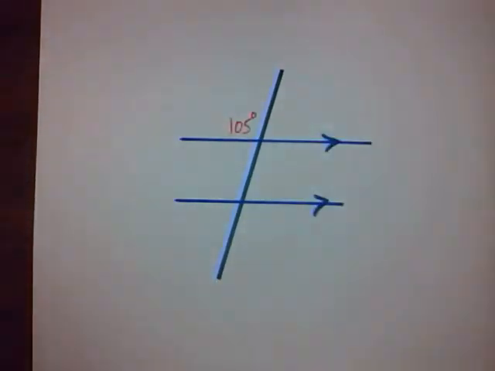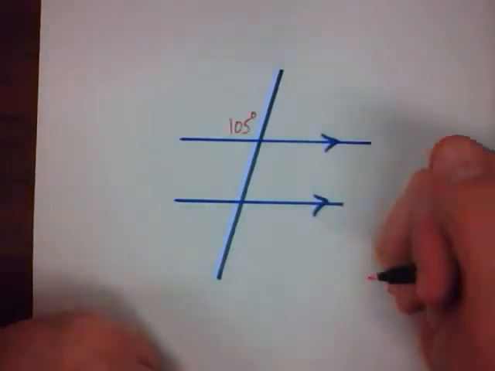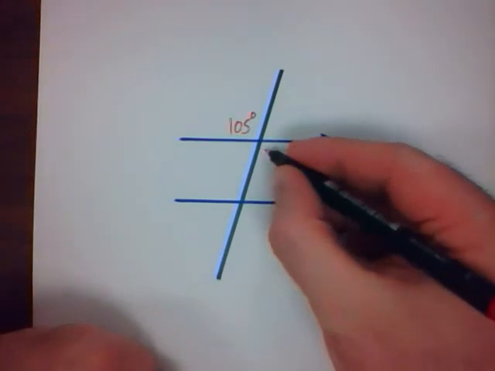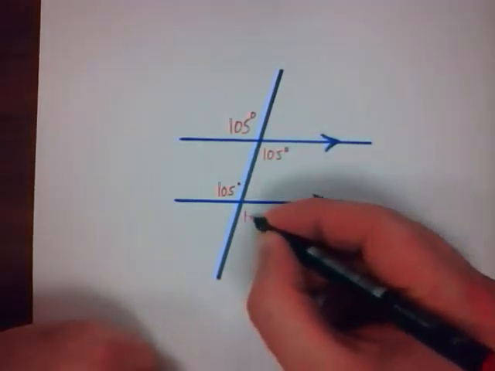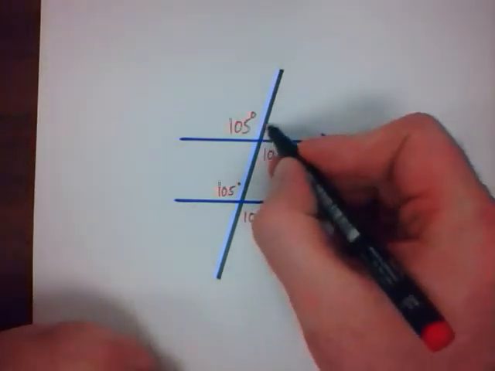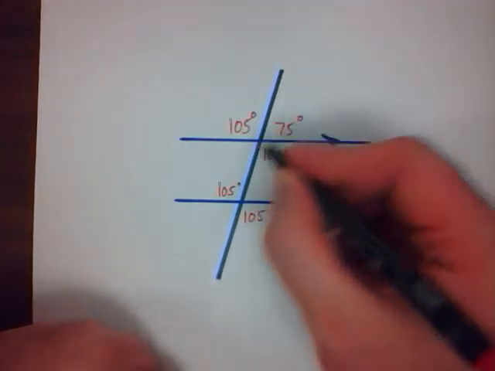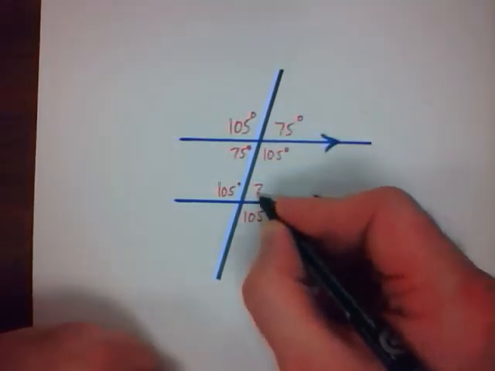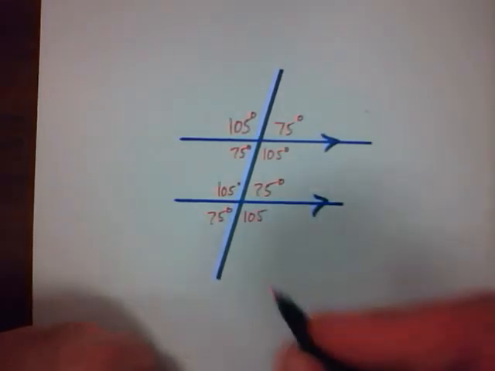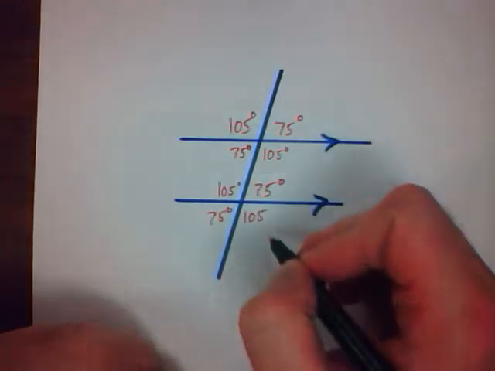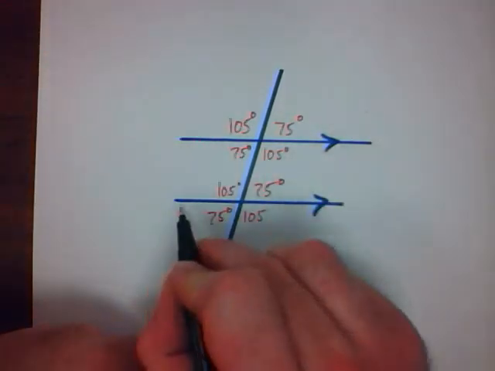I have just measured every single angle in this figure. That's all I need, because this will be 105, this will be 105, this will be 105. How much more do I need here? I need 75 here. That makes this 75 here, this 75 here, and this 75 here. And that pattern holds true anytime you're dealing with parallel